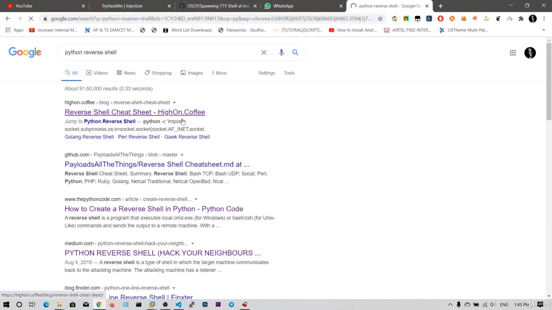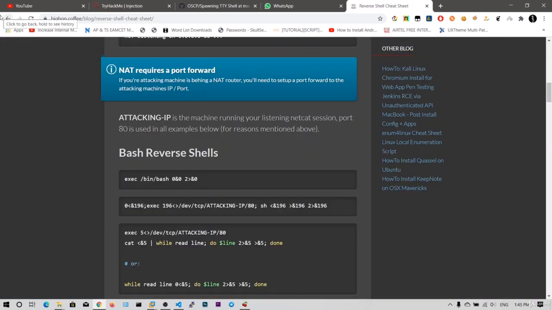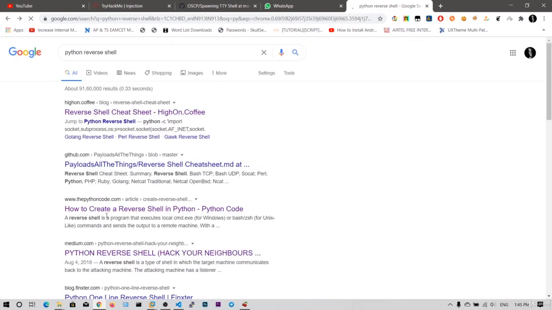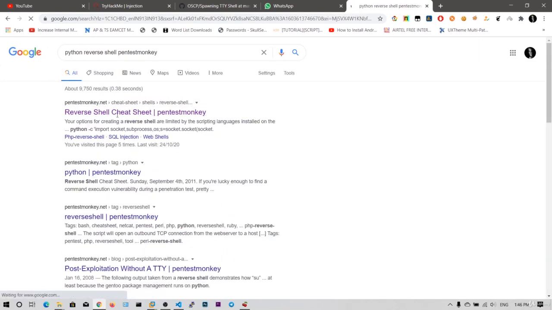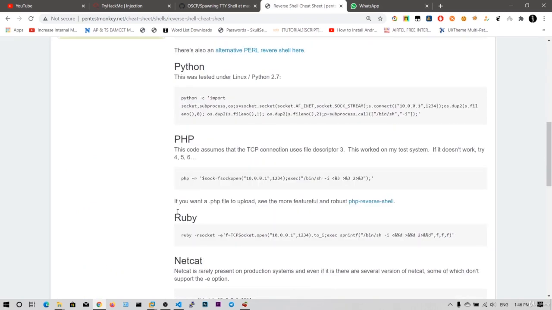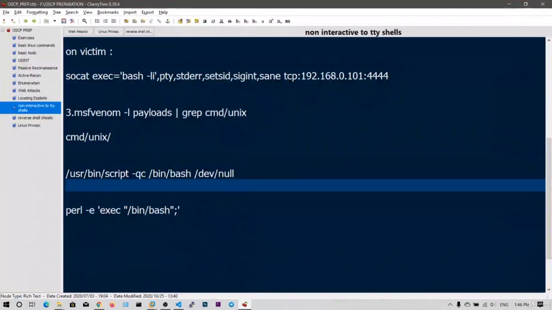I'm going into this Pentest Monkey cheat sheet, and now I'm going to copy this one because we know that there is Python installed on that computer.